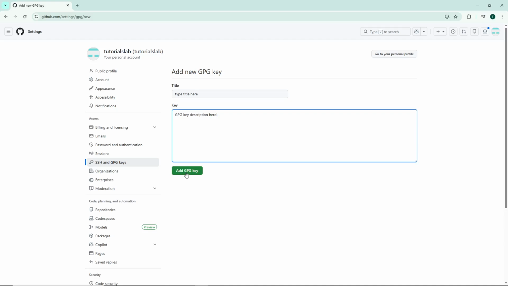You've successfully added a new GPG key to your GitHub account, enabling you to sign your work and maintain secure, verified